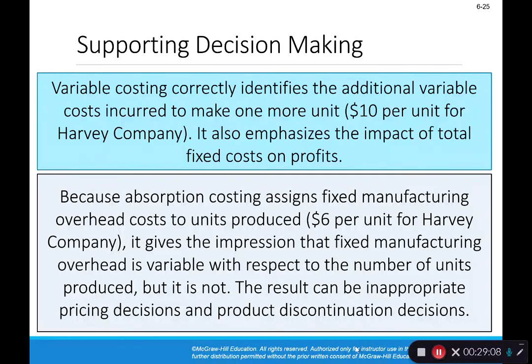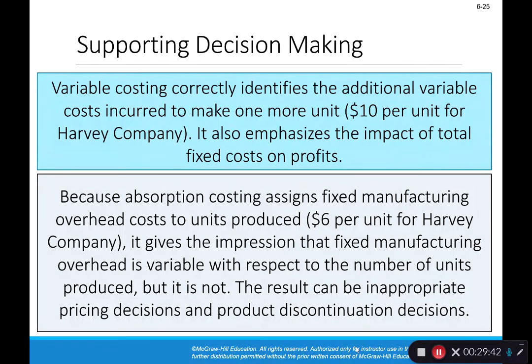So why the heck do we use absorption costing? Well, GAAP requires us to do so, which is why we taught you to include all overhead in product costs in earlier chapters. Why does GAAP require it? Well, because GAAP's philosophy is that you can't make a product without a factory, without production supervisors, etc., without all those fixed overhead costs. So we should include those costs in our product. So GAAP has to make cost-benefit analyses and saying that, well, if we don't include those costs in the product, it gives us